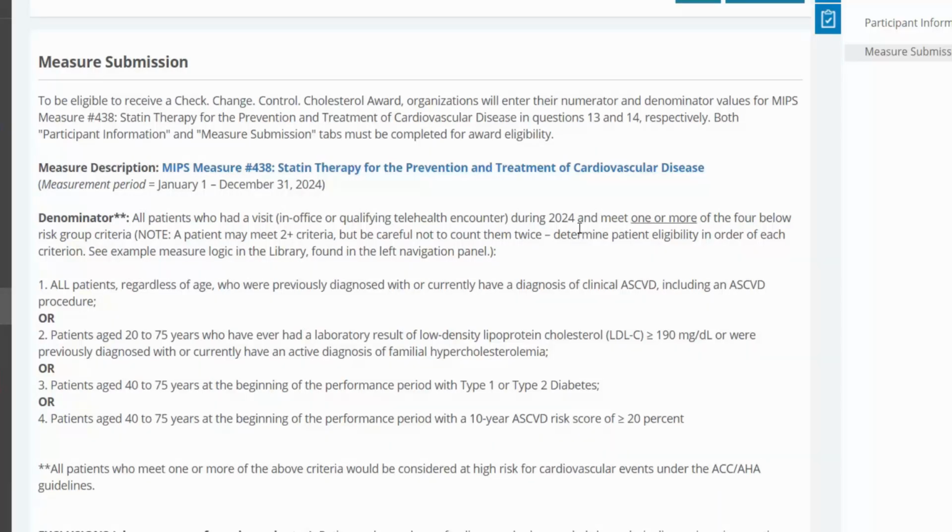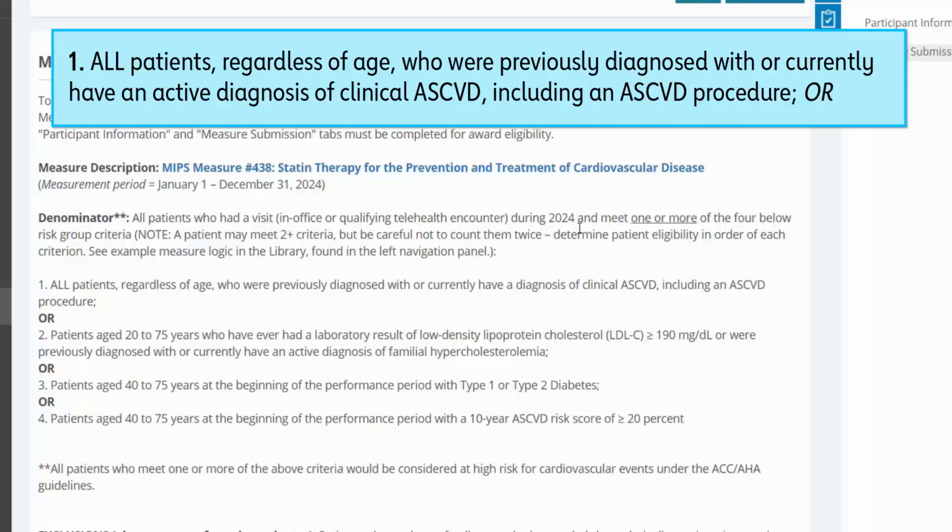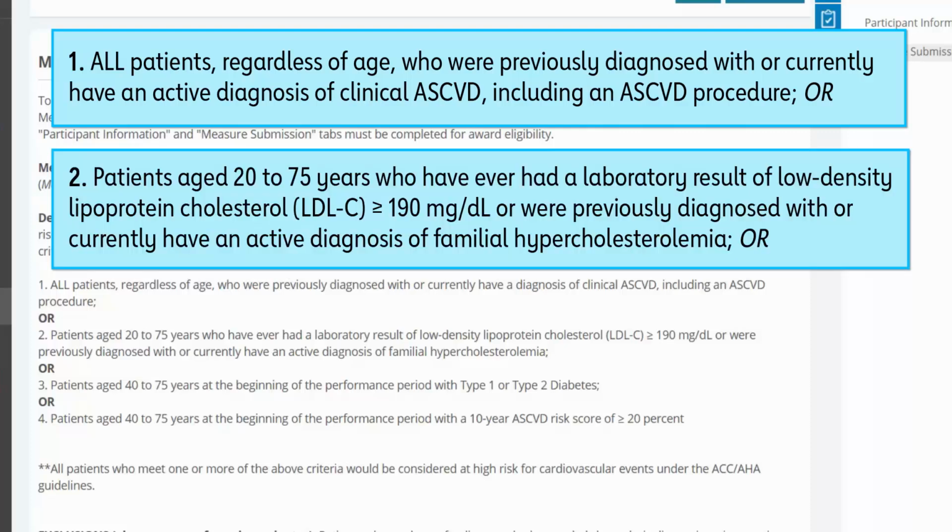The risk groups criteria are 1. All patients, regardless of age, who are previously diagnosed with or currently have an active diagnosis of clinical ASCVD, including an ASCVD procedure, or 2. Patients aged 20 to 75 years who have ever had a laboratory result of LDL-C that was greater than or equal to 190 milligrams per deciliter, or were previously diagnosed with or currently have an active diagnosis of familial hypercholesterolemia,